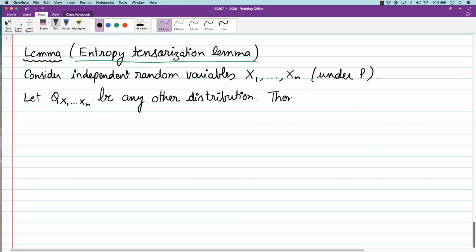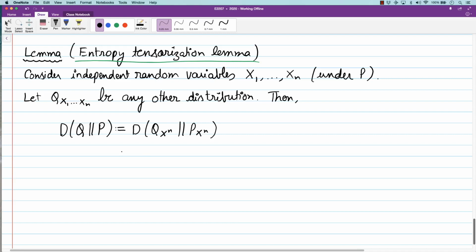Then the divergence between Q and P, this is basically the divergence between Q(X1 to Xn) and P(X1 to Xn),